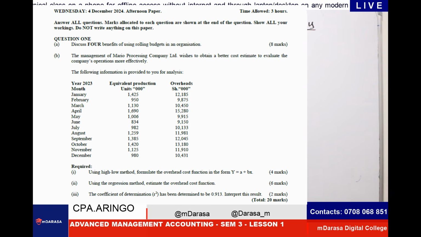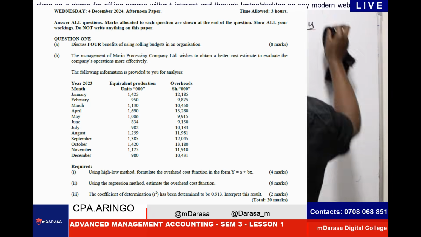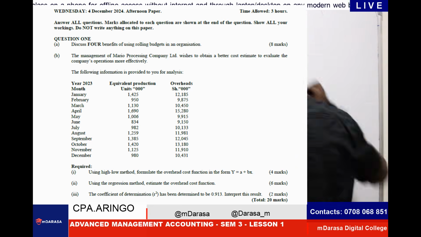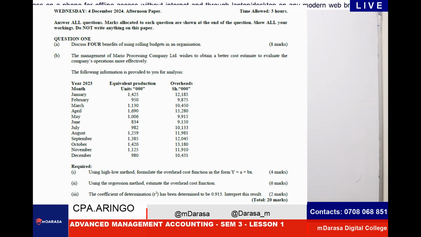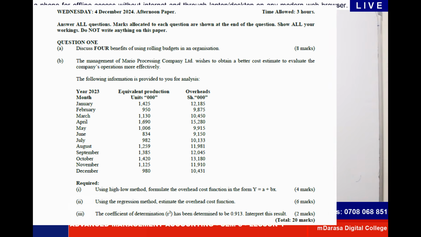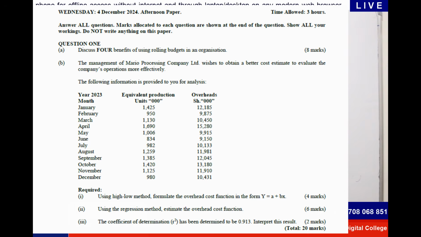This is just to show the examiner that you're not using microscopic eyes, that you know what you're doing and you're not copying. So we copy and paste the values of X and Y exactly the way you're given.